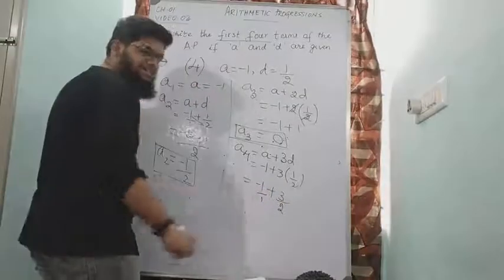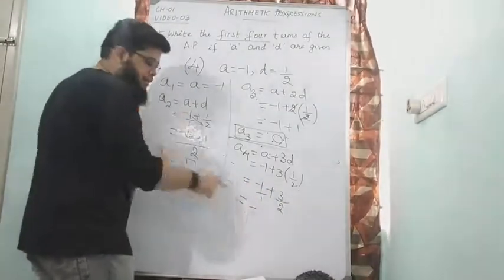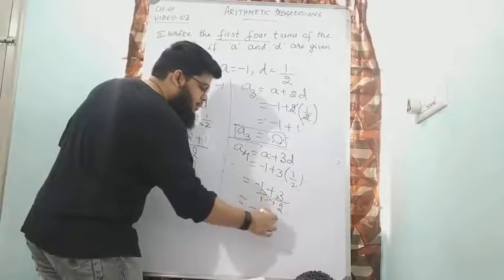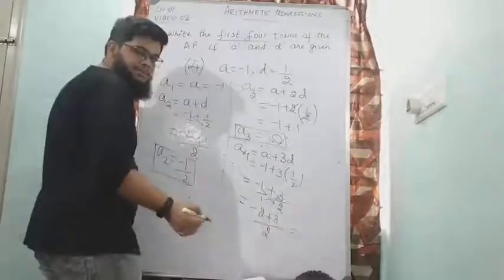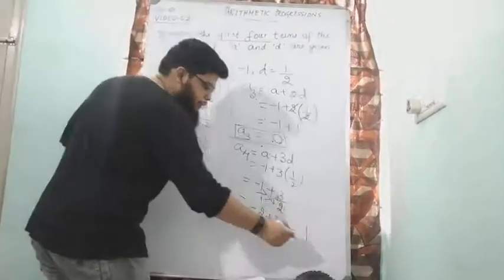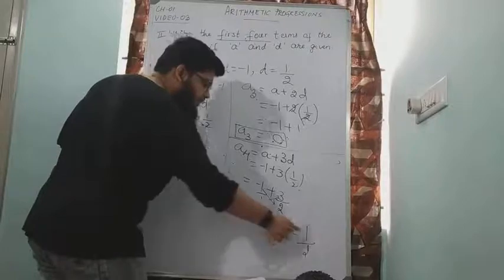Now you can take this as divided by 1 and do cross multiplication just like how you did here. Minus sign as it is. 1 2s are 2 plus 1 3s are 3 divided by 1 2s are 2. Minus into plus is minus. 3 minus 2 is 1. 3 is greater number, plus, and no need to put divided by 2. So the value of A4 is 1 by 2.